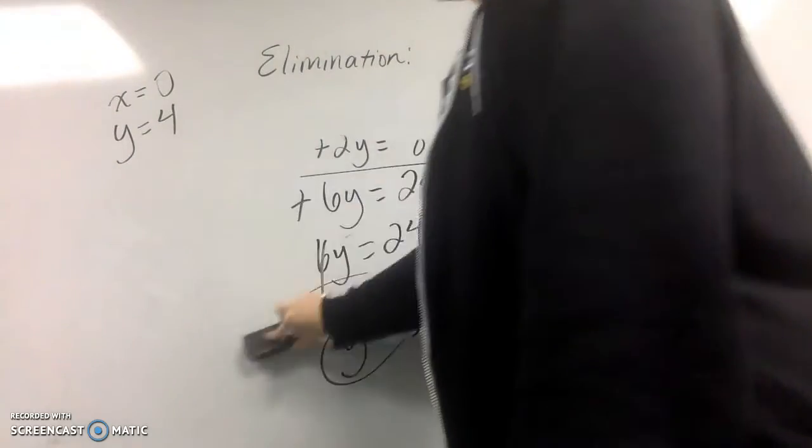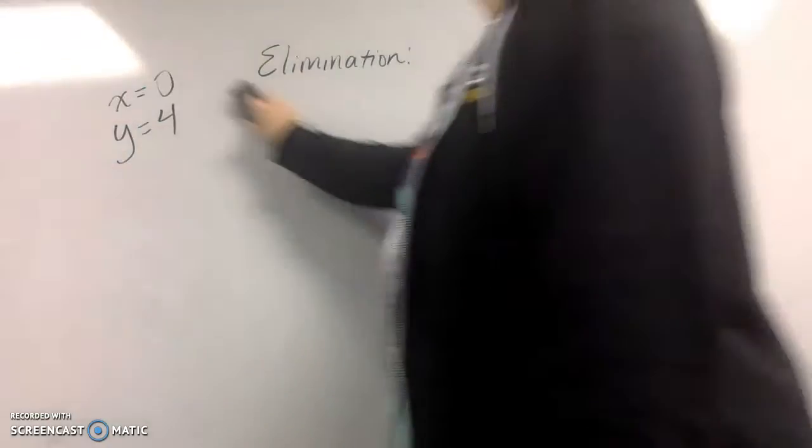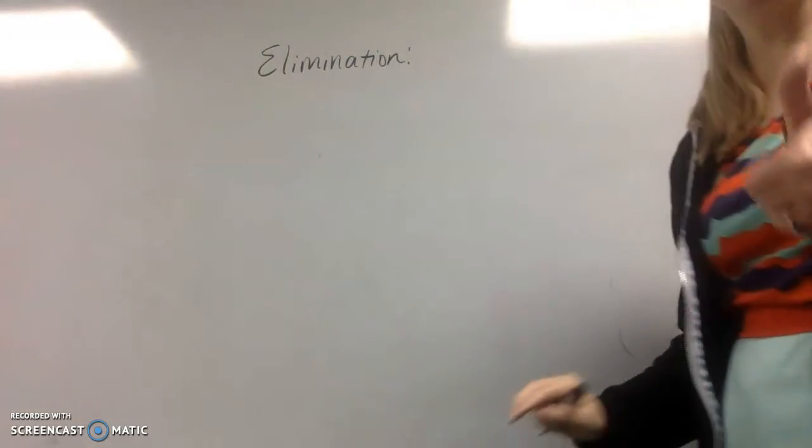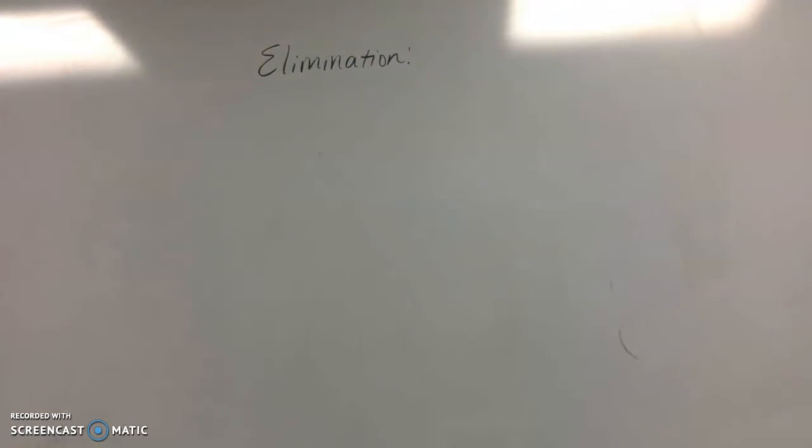Now, what happens if you don't have variables that are opposites? In both those examples I gave you, we had y's that were already opposites and x's that were already opposites, and that won't always happen. For example,